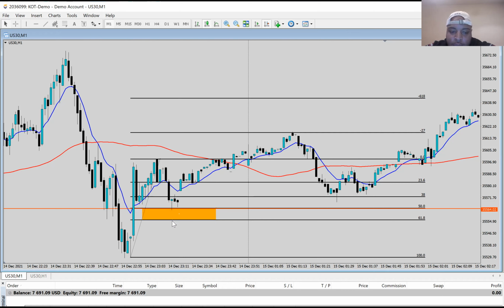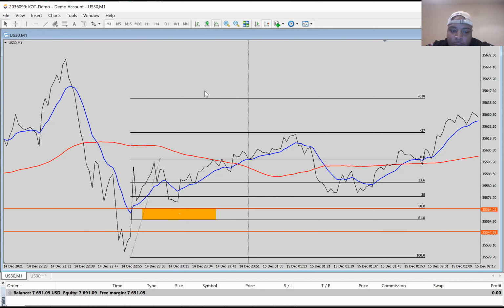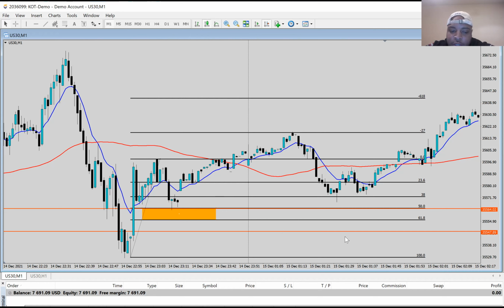If I take a trade at my 50, my stop loss can be literally right here, because it should push from this area strong. If this starts to break past this 50 or 61, I know I should be looking to get out of that market, because it can still be in an overall downtrend. But from market structure, it's breaking above this last lower low on the line chart. It pushed above. Now I'm looking for a deep retracement to the 50 or 61, which it gave me right here,